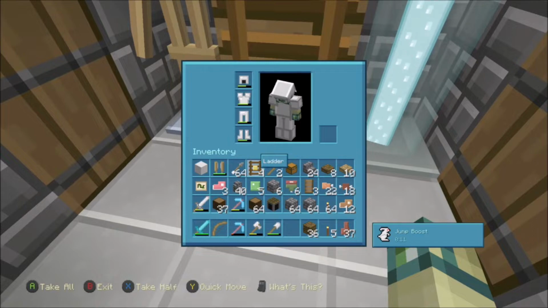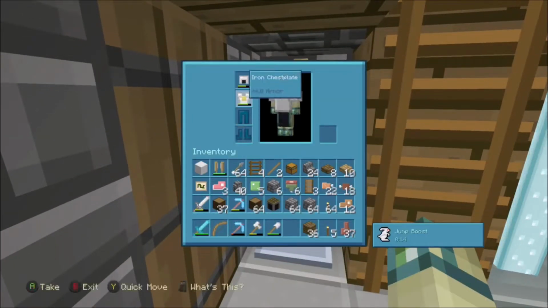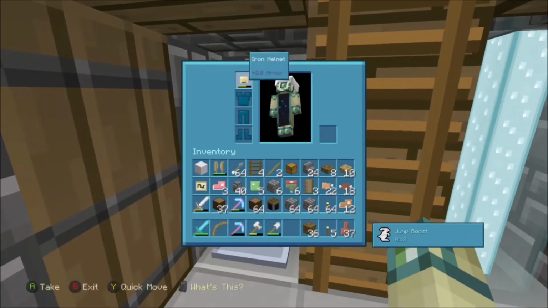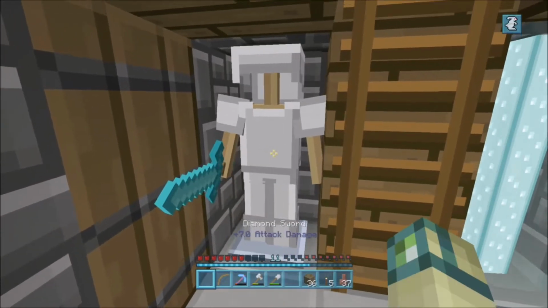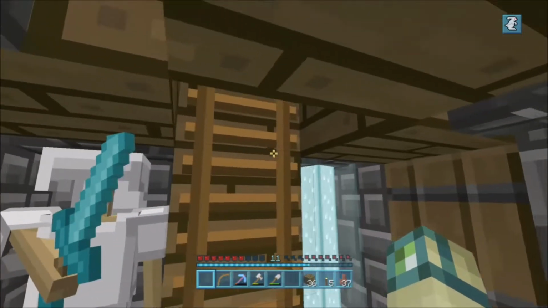Okay, so on the armor stand, we're going to put this armor, because this is the armor we defeated the Wither in. Let's just equip him with all these. And then the sword that we defeated the Wither with. So now we're going to put him in a pose. I quite like this one, because it just really fits with...